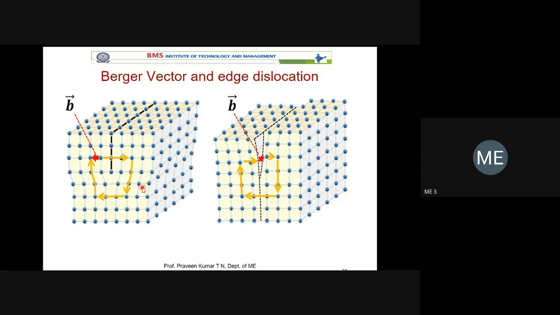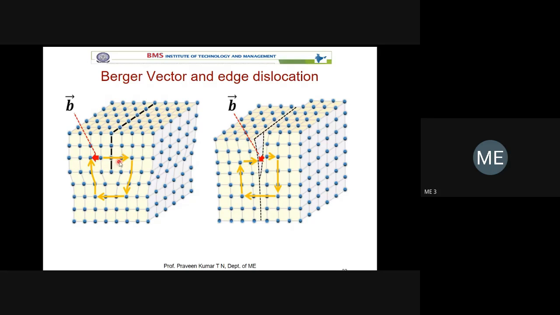that distance is measured in terms of the Burgers vector. In simple words, what is the distance traveled when there is no defect? That we can get. So when there is a defect, what is the distance traveled? Whenever there is a difference in that distance, it is referred to as the Burgers vector. If there is no defect, to move from this particular point, moving like this, you are coming back to the same point. You can see here, no defect here. You are starting from here, moving to the right, then finally you are reaching the same point. It will move by 10 units of distance. But here, in the crystal, there is a defect.